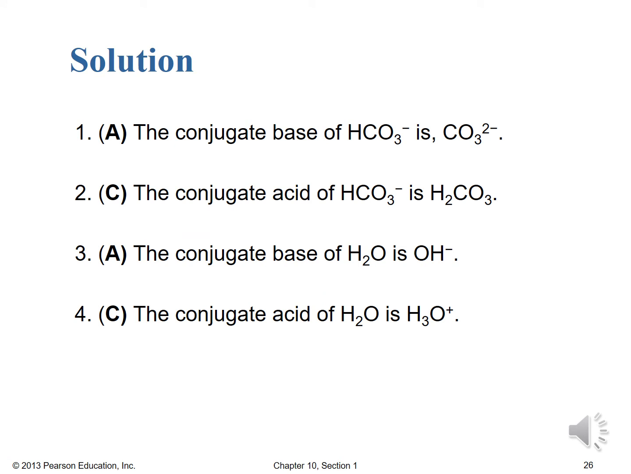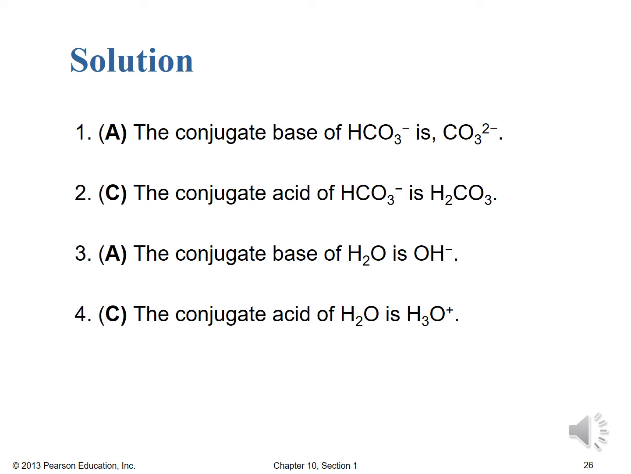Okay, so choice A was correct for number 1. The conjugate base of HCO3- is CO3-2-. We take another H+ away, and that removes it so that we're just CO3. And since we're already -1, taking another plus charge away makes us a -2. In the case of number 2, C was the correct answer choice. The conjugate acid of HCO3- is H2CO3. So instead of subtracting an H+, as we did with HCO3- in the first question, now we're adding an H+,